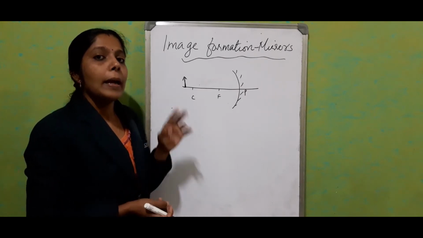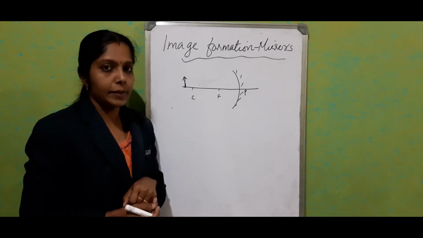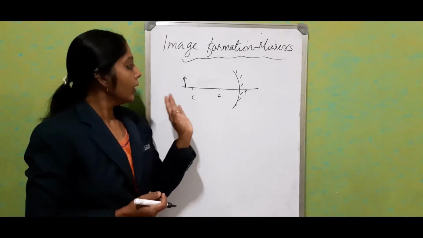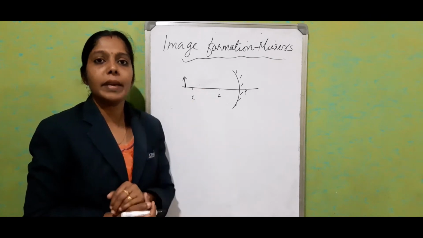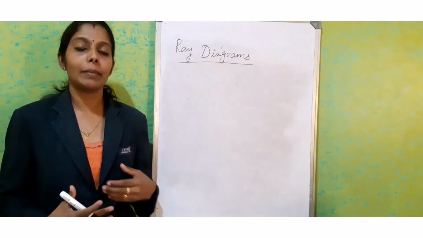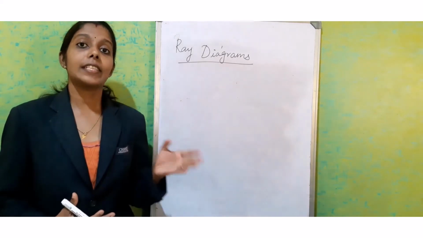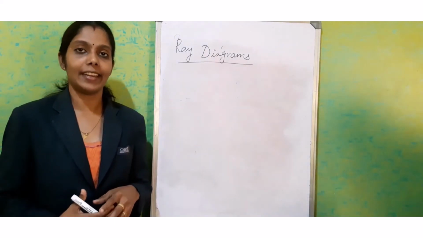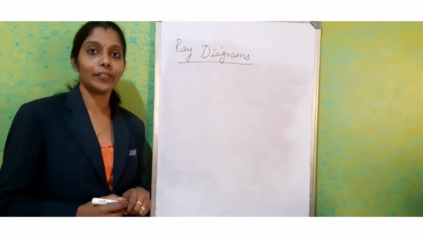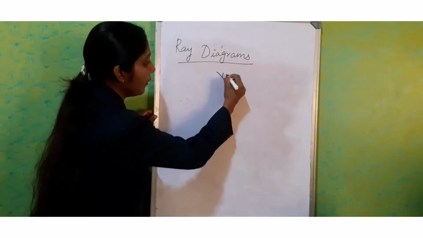The third rule: a minimum of 2 sets of rays should be there to form the image. Minimum 2 sets of convenient rays should be drawn for the ray diagram or image formation. Now let's see which are the convenient rays we can take. First, the ray passing through the center of curvature.